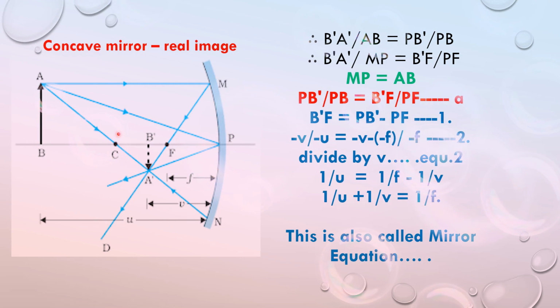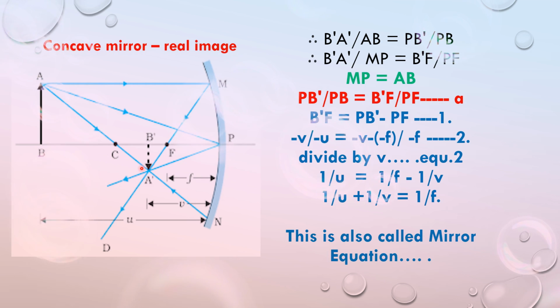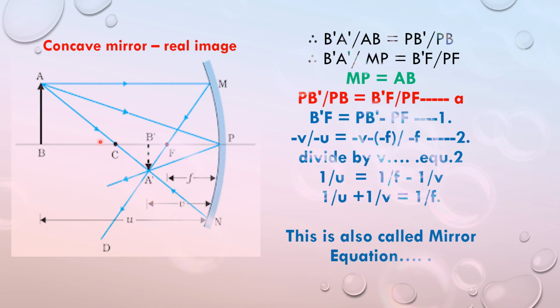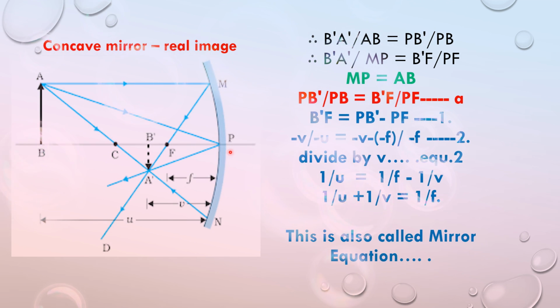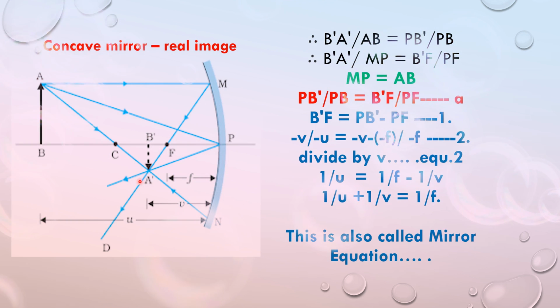C is nothing but the center of curvature. So here it is reflecting back along the same path, which means it retraces its path. Here the arrow is shown very well. See here it is the incident path and it is the retracing path. So next we are going to see about AP. This is the third ray, incident at the pole P and reflected along PA dash, which means here we are considering the point A dash.